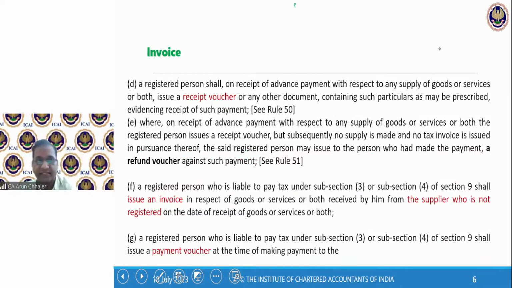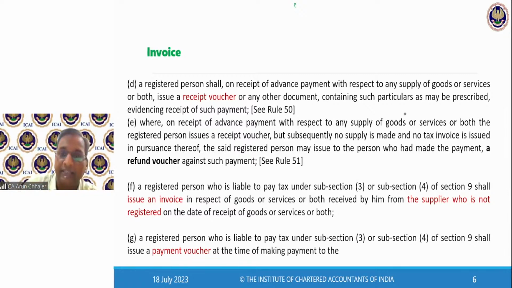A registered person. Now the clause D. What is the receipt voucher? If I am receiving the advance. So tell me one thing, that advance